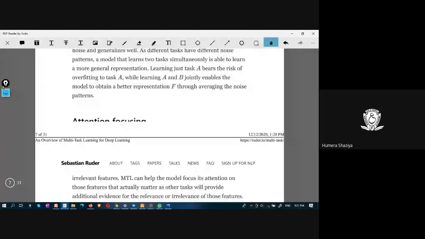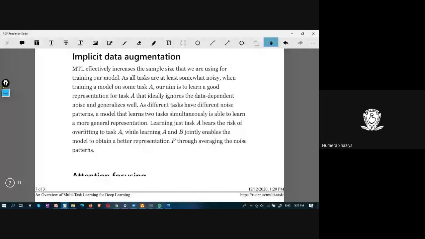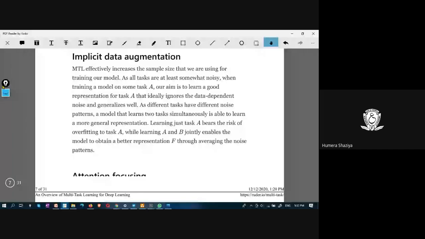And what is data augmentation? Augment means increase. If you have less data compared to the actual data required for deep learning training, then what can be done?